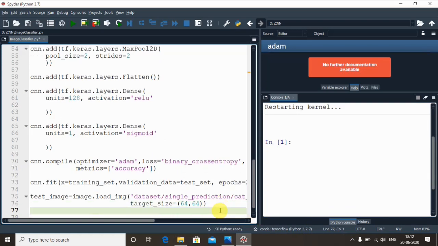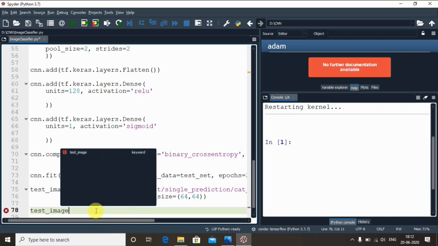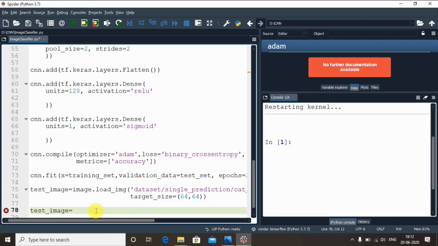So in order to be accepted by the predict method, now we have to convert that PIL format into an array, as it expects the input as an array. Okay, that is why I had imported that package NumPy. So to do this, we have to implement a function called image_to_array, which actually converts the image instance to a NumPy array. So let's do that. So for that I require the same variable. Okay, same, because I just need to update it. Okay, test_image is equal to, I just need to call this class.